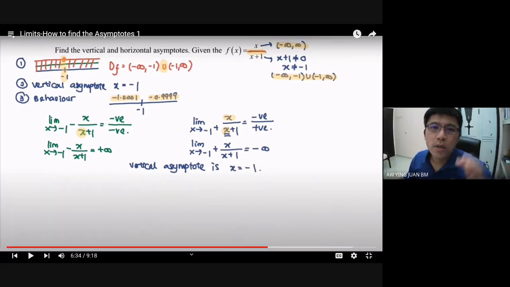Okay, so if you refer to this part, actually the first lesson for the limits refers to part D. We are observing the behavior of f(x) when approaching negative 1 from the left and from the right. So actually that is a vertical asymptote. As we can see, that is a vertical asymptote because it is not in the domain.